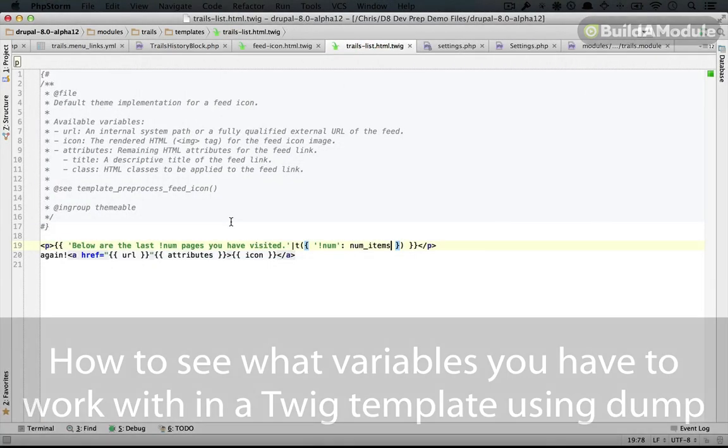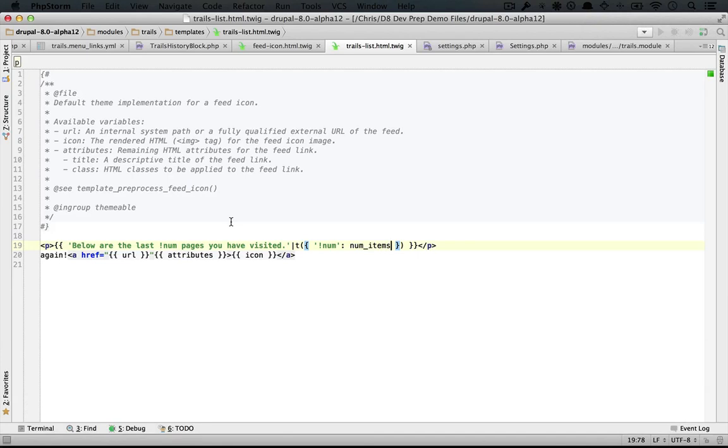Okay, and then inside of our Twig file, we're going to have to figure out a way to loop through these items. Now, before we figure that out, one thing that has always been useful inside of Drupal templates is the ability to do a var dump on the defined variables,